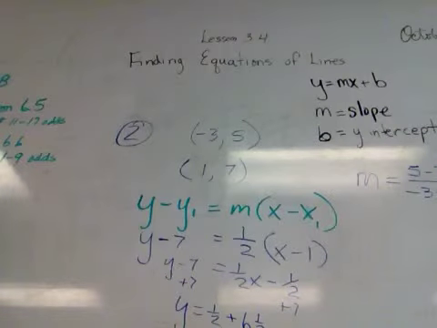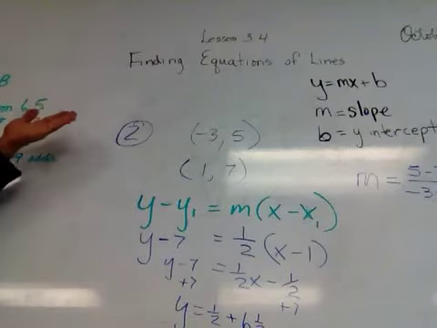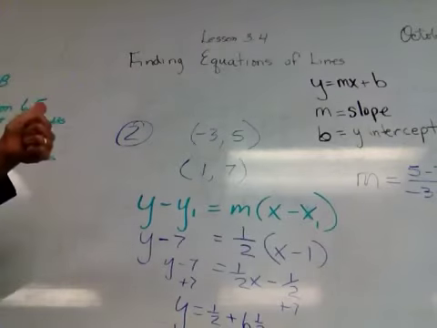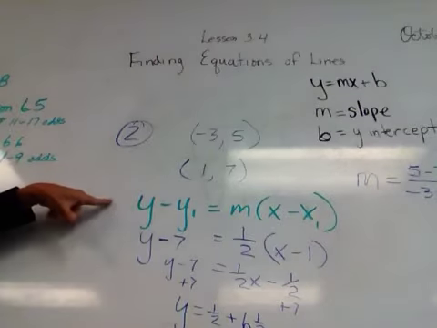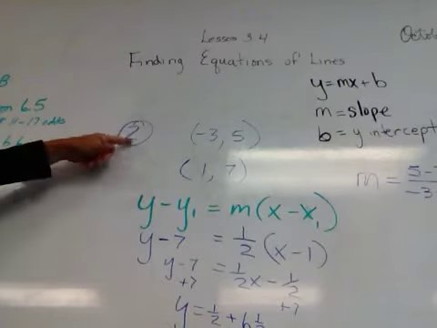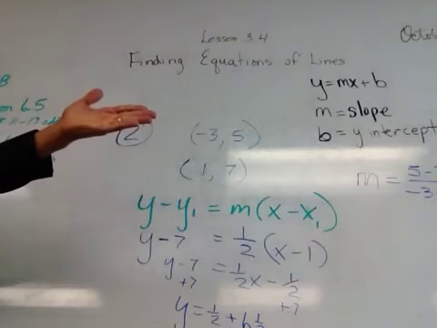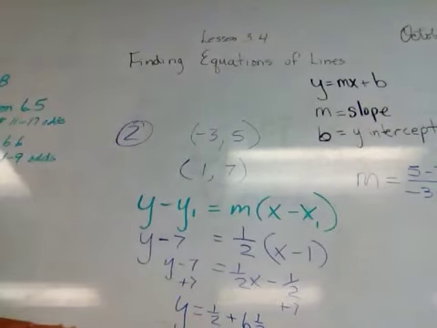Okay? Those are the only 3 things going on in that lesson. They either give you the slope and the y-intercept and you put it in, they give you the slope and one set of points and you use this formula, or they just give you two sets of points and you use the slope formula to find slope and then go about it that way. Okay? So that's the first half of the lesson, and then I guess, is there something else? That's what you needed? Okay, all right, so